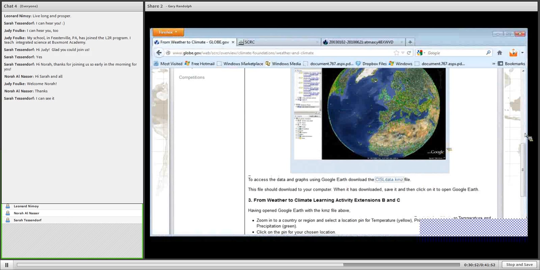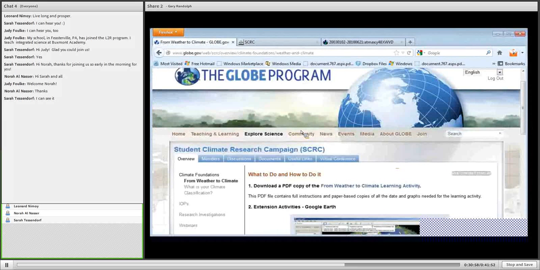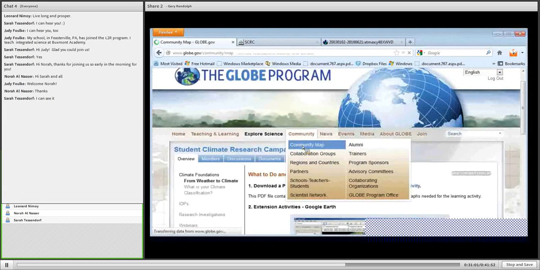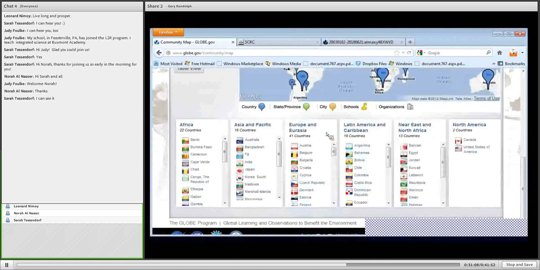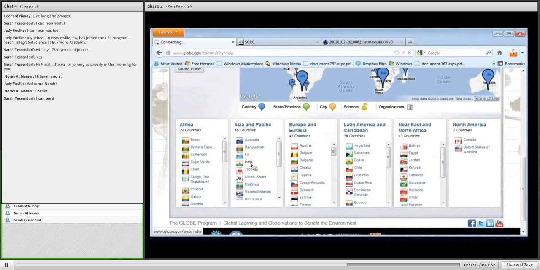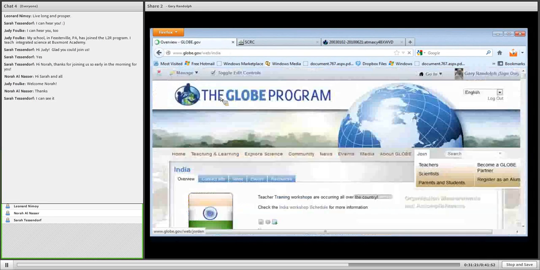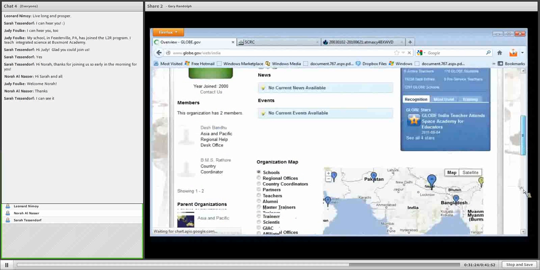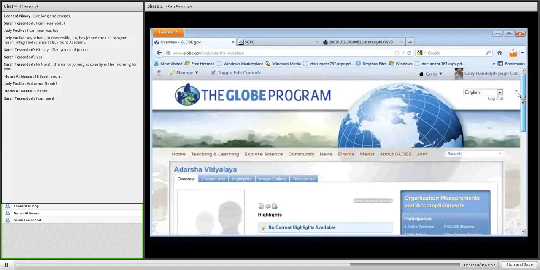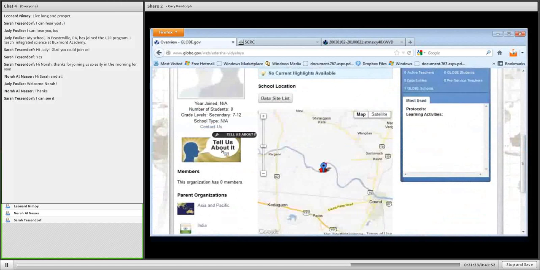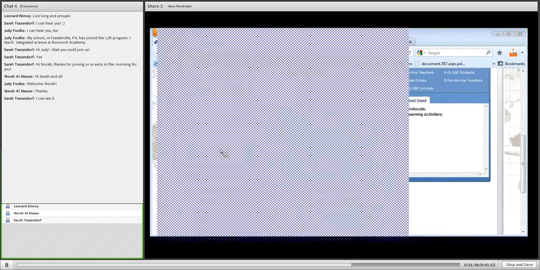And come back here just to refresh your memory on one more thing that Jessica had mentioned, and that is how to have your teachers share their data with the Globe community. So when you come here to your school, and I will just choose India as my country, and I will choose a random school. And on this page, you will see the Tell Us About It box. And if you click that, it will actually provide,